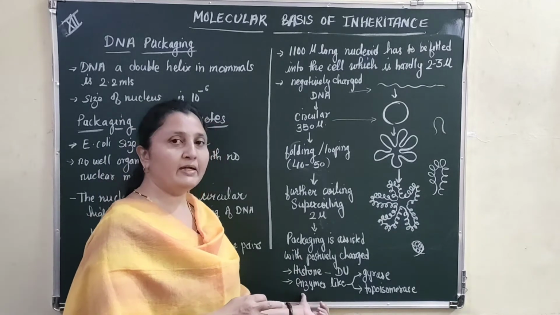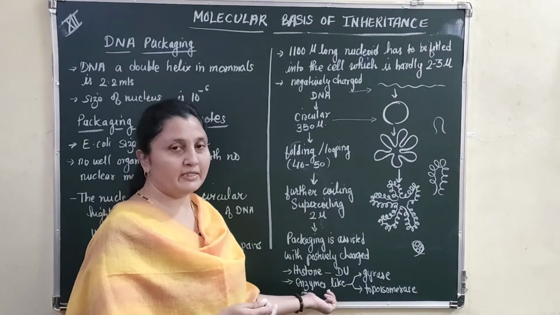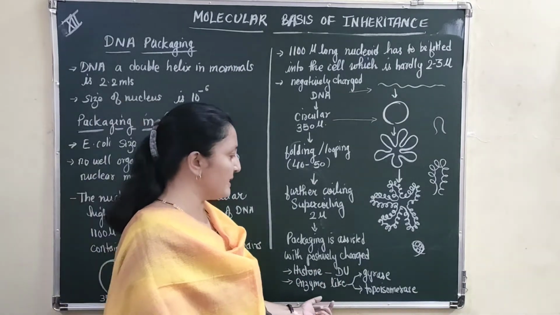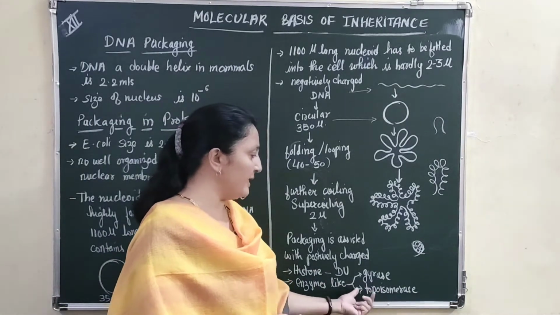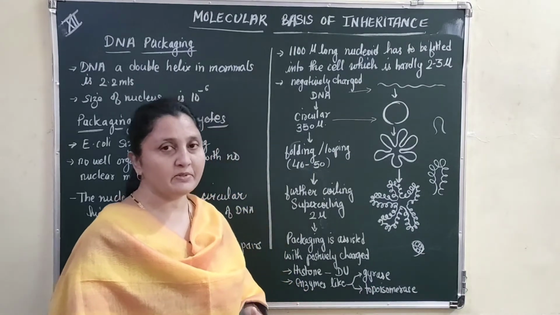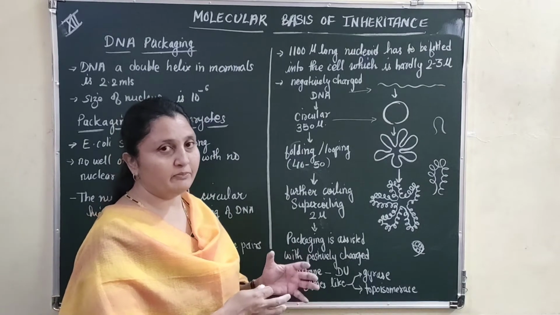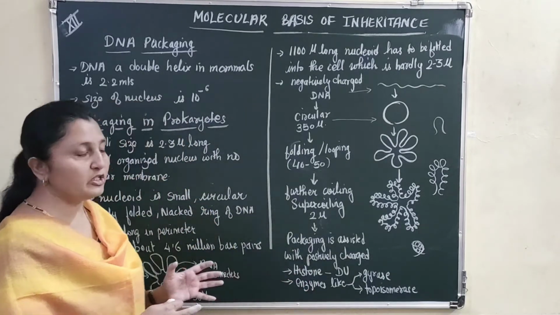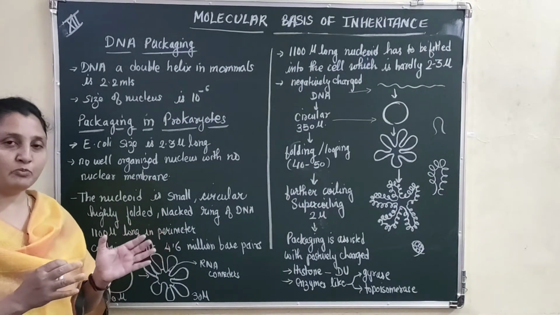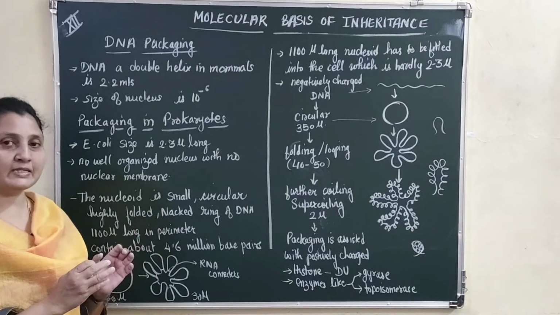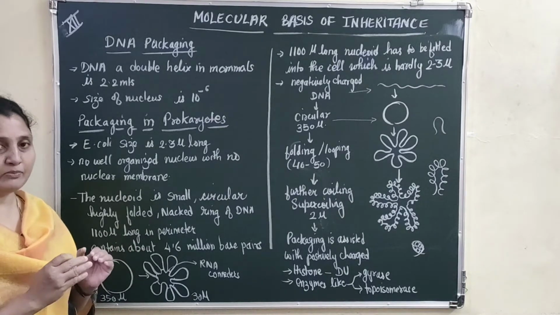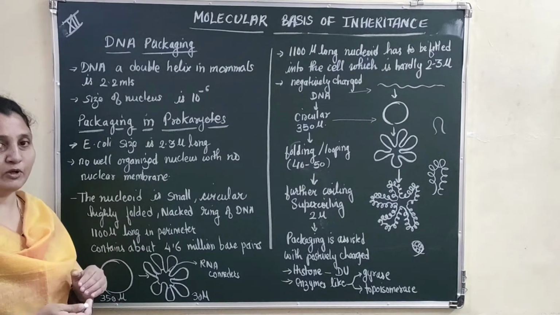It is also having enzymes, right, during the packaging. The packaging also requires certain enzymes, and the enzymes DNA gyrase and DNA topoisomerase are used in this packaging process. So this in short is how the long prokaryotic DNA is put into a small prokaryotic cell that is just 2 to 3 micrometers or microns small.